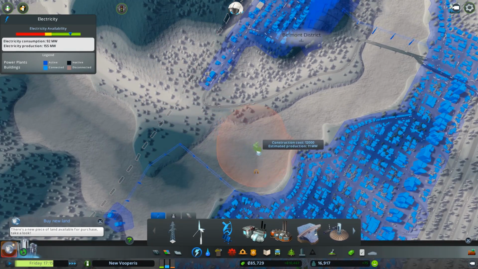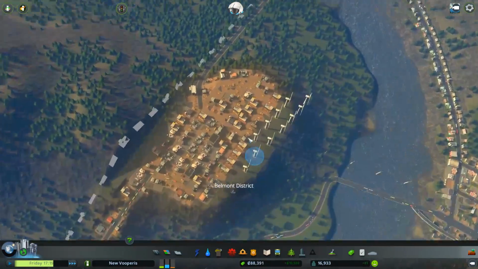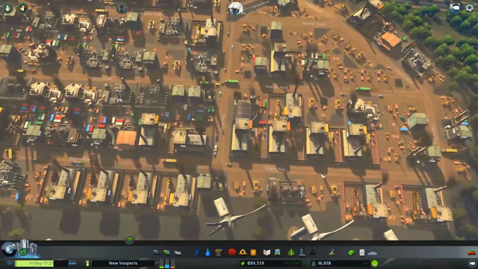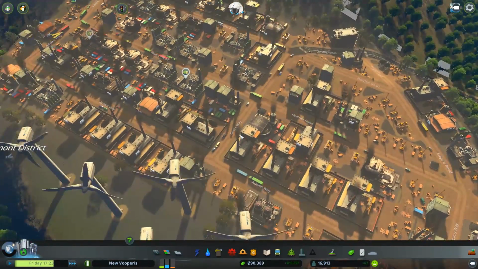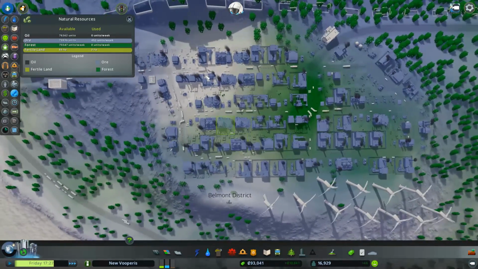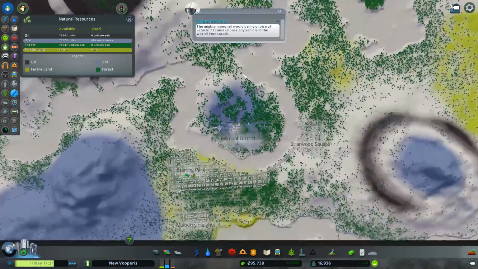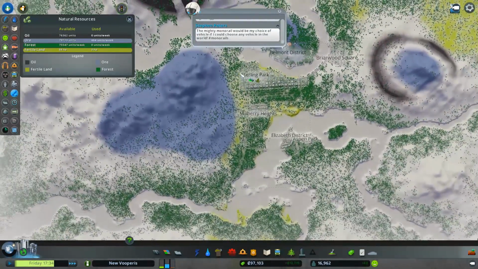And I know it's a bit higher than we need it. A lot higher than we need it. But we won't have to worry about it for a while. So there we go. Look at all the industry. It's beautiful. It's probably getting rid of... Yeah, that ore is running out really quickly. That's something I should...